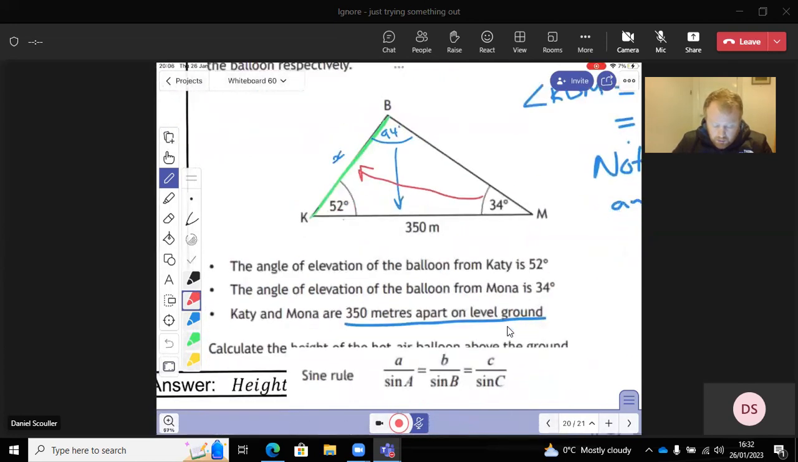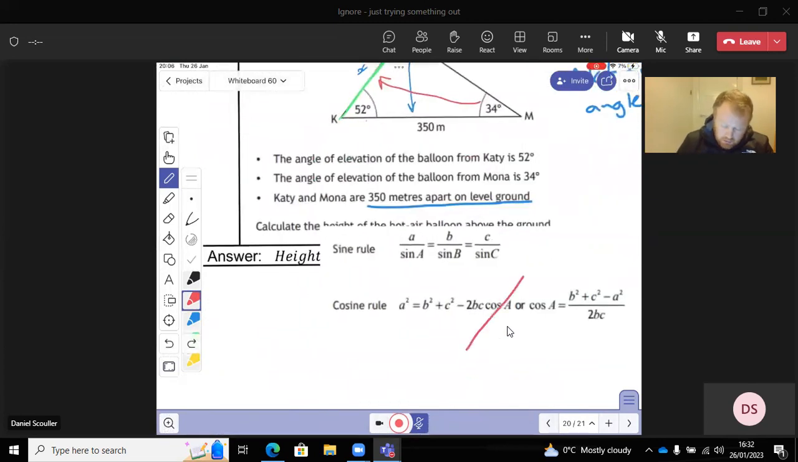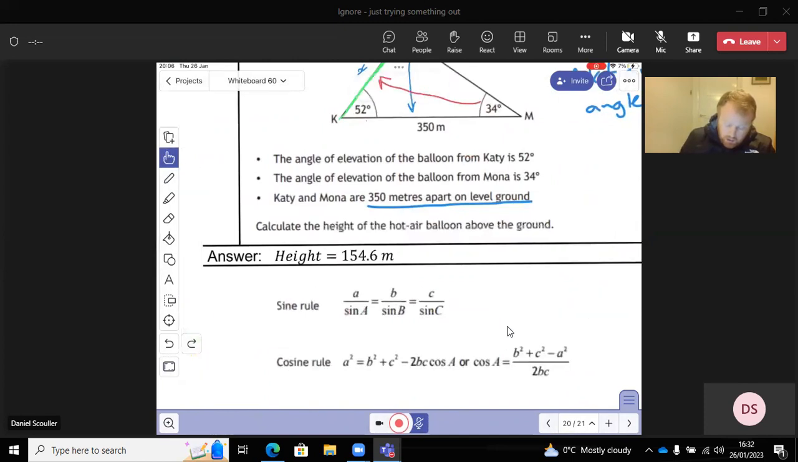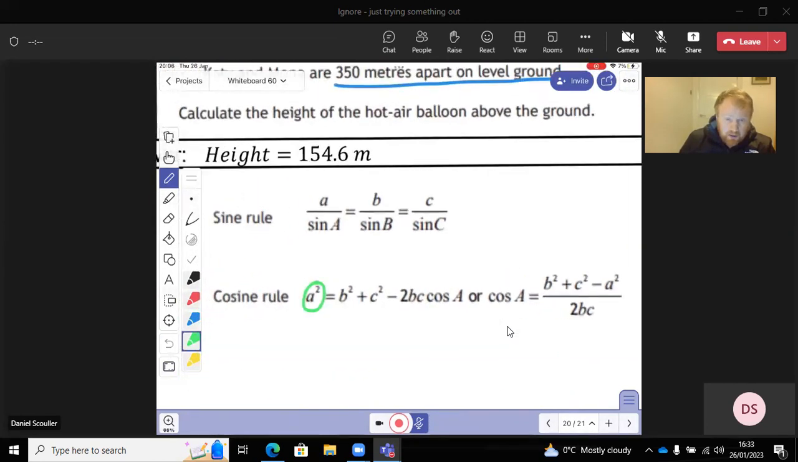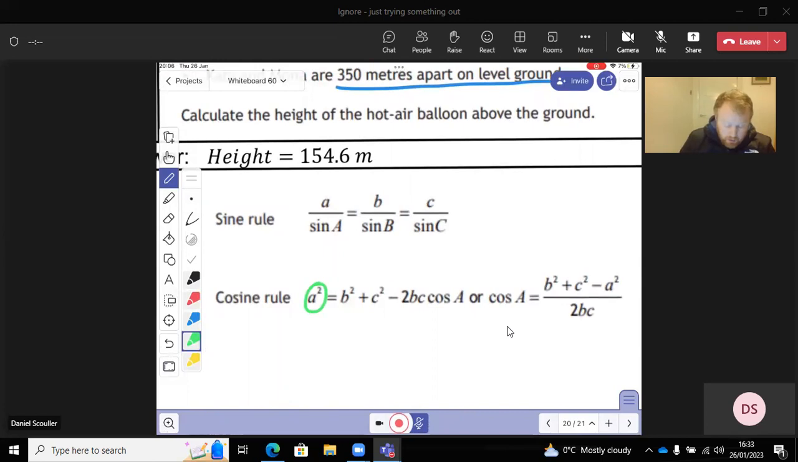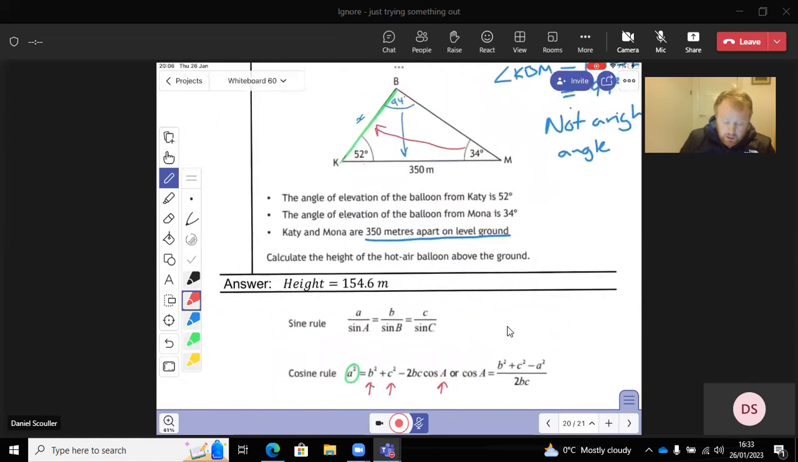So looking at our rules, if we look at the cosine rule right now, if we wanted to find a missing side, so let me zoom in a wee bit. If we wanted to find a missing side, what we would have to have are two additional sides plus one of the angles. So if we were to find KB, if that was our missing side,